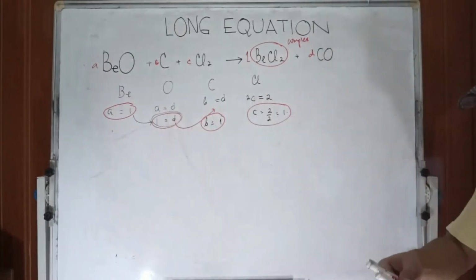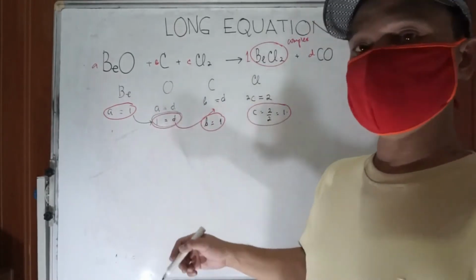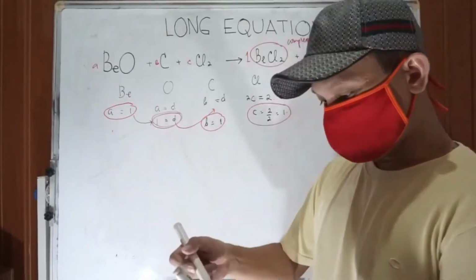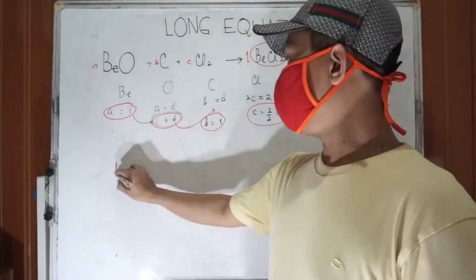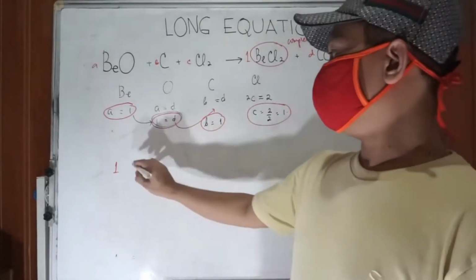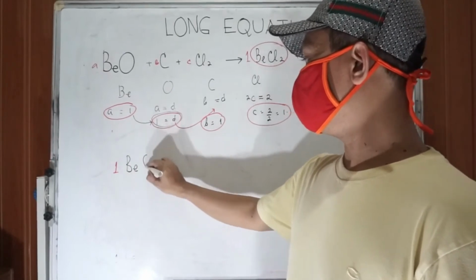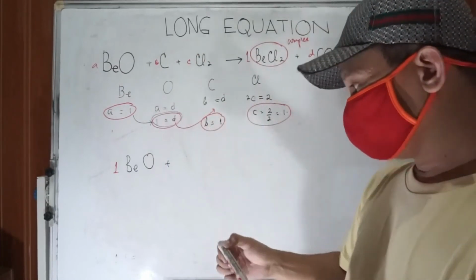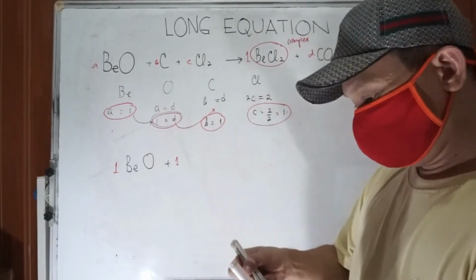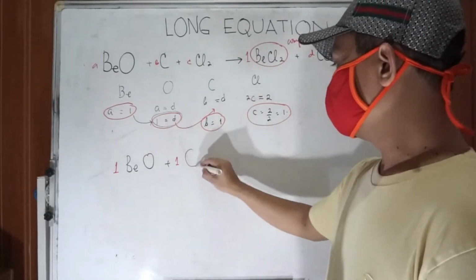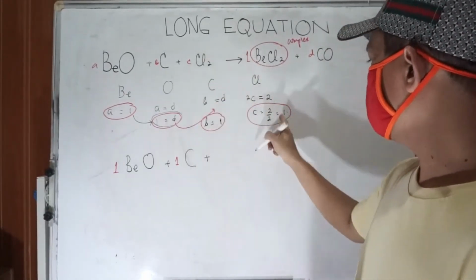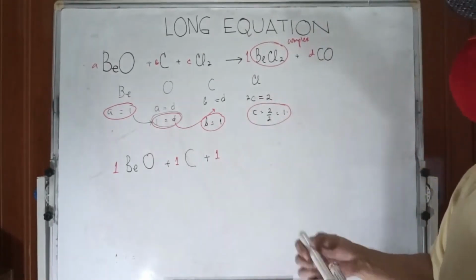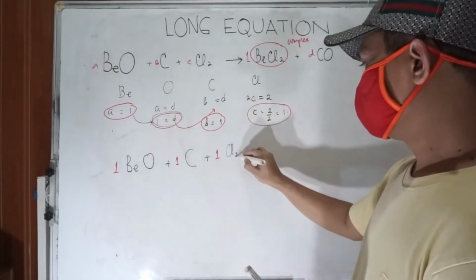Complete. Okay? So the balanced chemical equation is 1 BeO plus B, where is B? 1 carbon plus C, where is C? 1 Cl2 yields